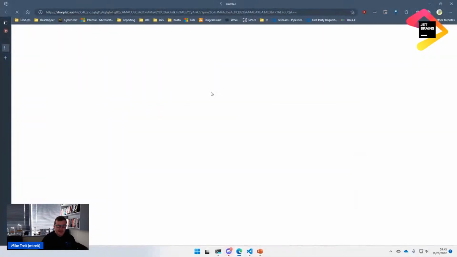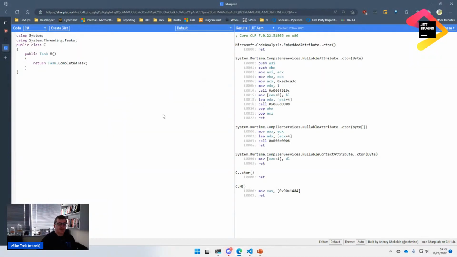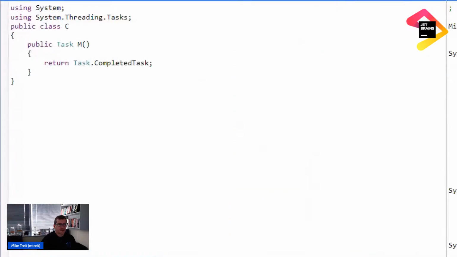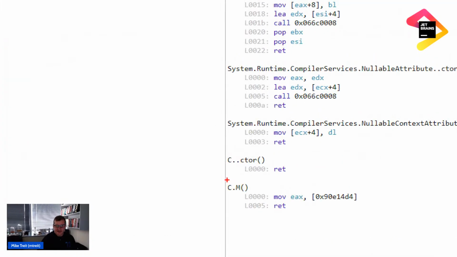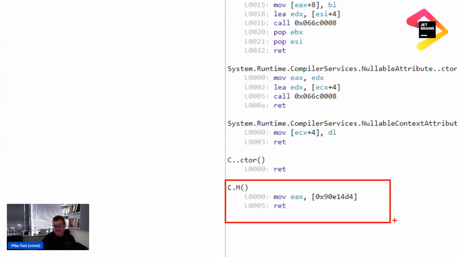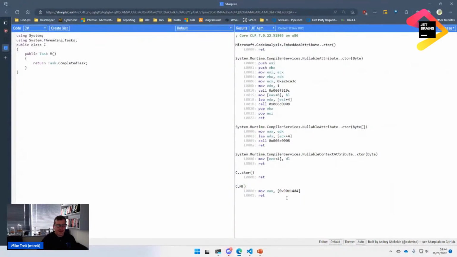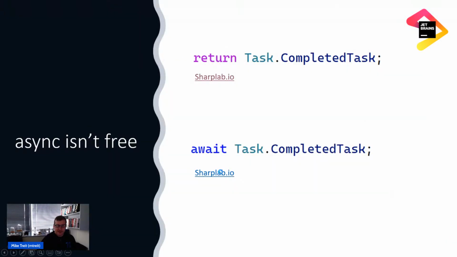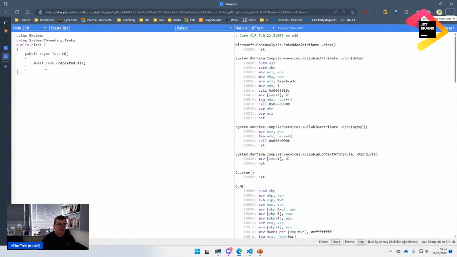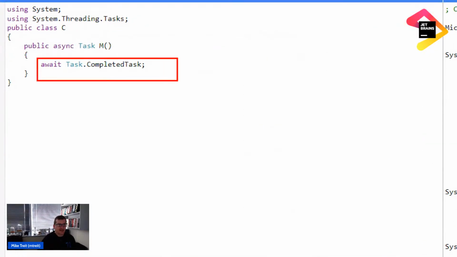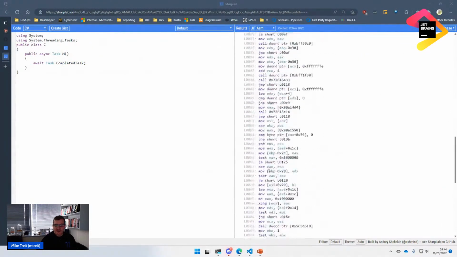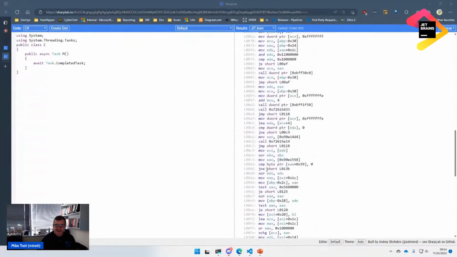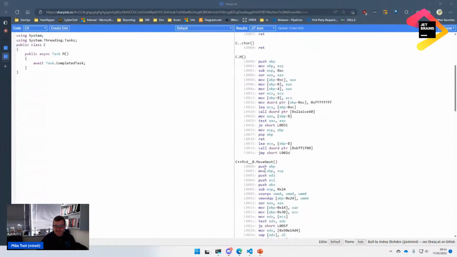Can I go to SharpLab? Oh, this time clicking the link works. So here's return Task.CompletedTask, and what that compiles to is essentially this. It's basically 2 CPU instructions. If we go look at await Task.CompletedTask, which again is just a single line of C# code, I mean, how bad could it be? And you go look at all of the code that gets generated for that. Well, that's a lot more than 2 CPU instructions. And this is all of the stuff that gets generated to implement that